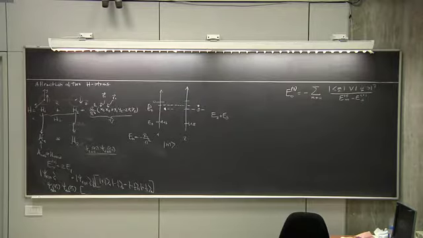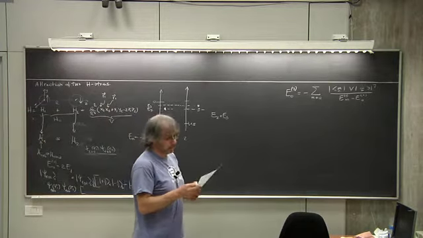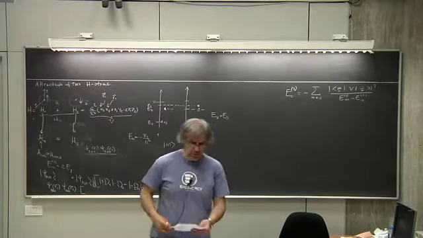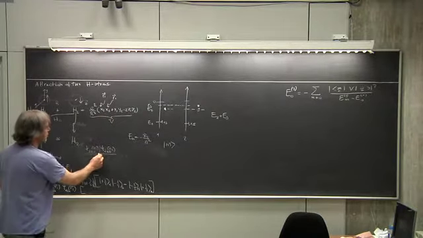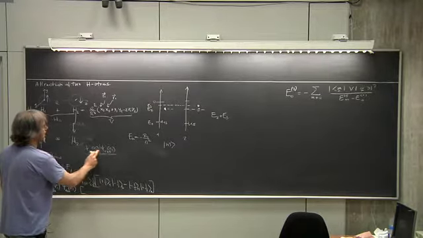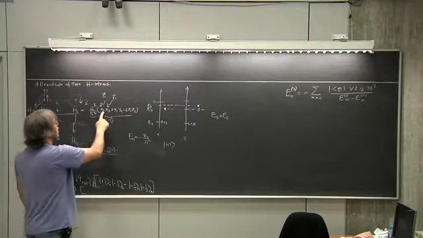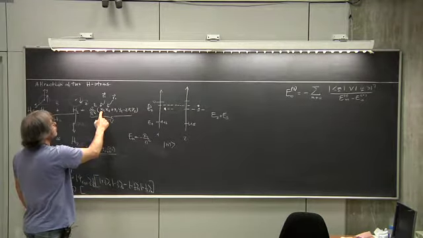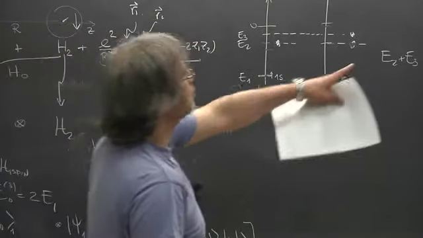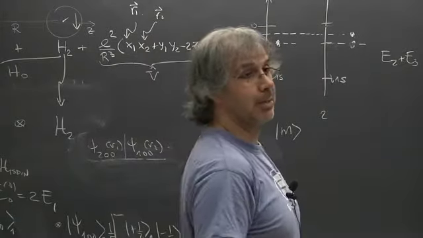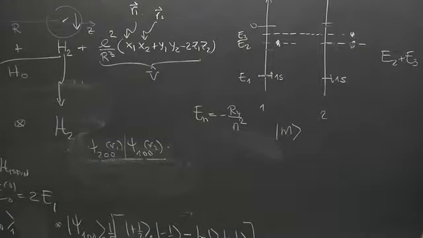Well, one can prove the following thing. First of all, remember, these objects are products, product wave functions, okay? The operator also is made of products. You see, x1, x2, or y1, y2, or z1, z2, okay? So what does it mean to calculate that matrix element? Let's make an example, okay? Suppose that I want to calculate